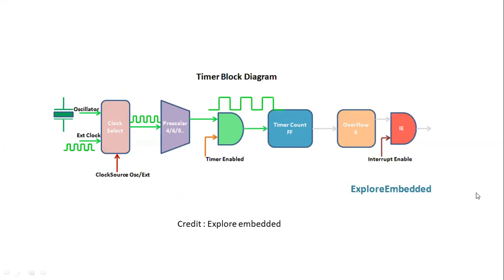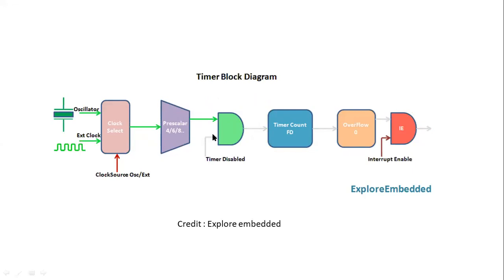What you can observe over here? There is an oscillator, isn't it? The oscillator will produce clock pulses. A suitable frequency is generated, and this suitable frequency is given to this block. Which symbol is this, students? Which gate is this? Tell me. Yes, correct. This is an AND gate.